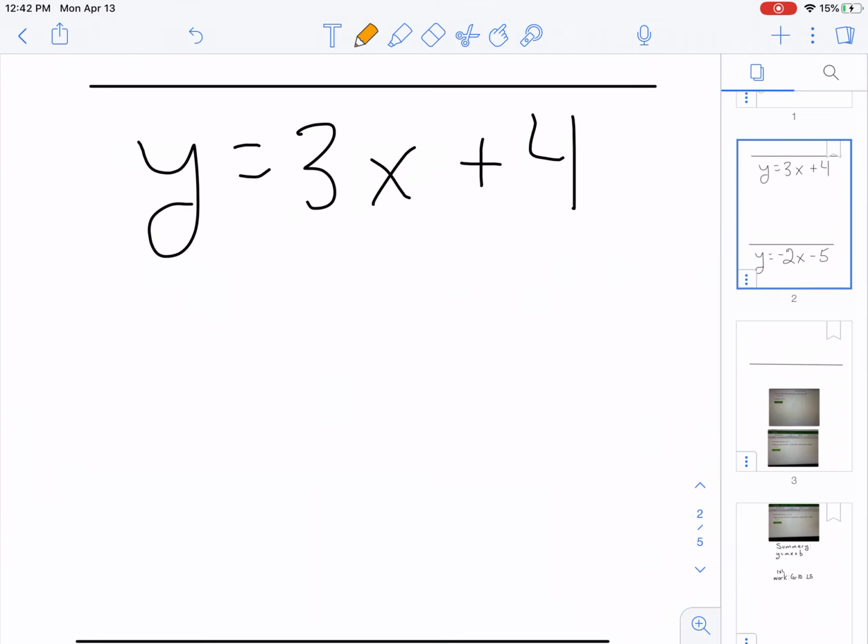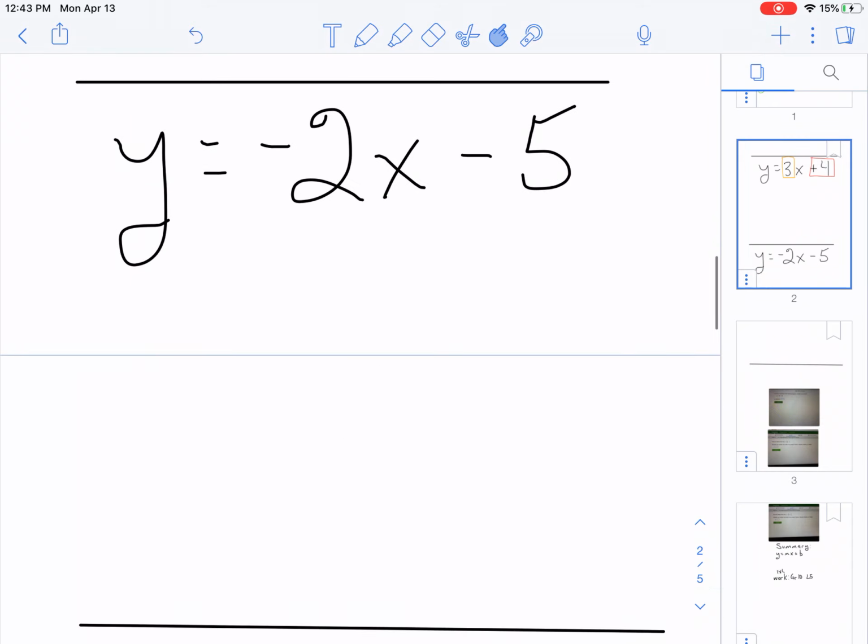In this example, the slope of the line is 3, and the y-intercept is 4. Remember to include the sign in front of the number because that tells you the slope is positive. In the next example, the slope is the number in front of the x, so the slope is negative